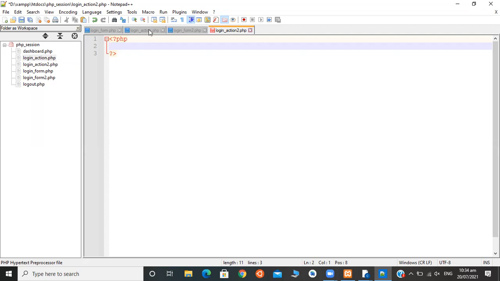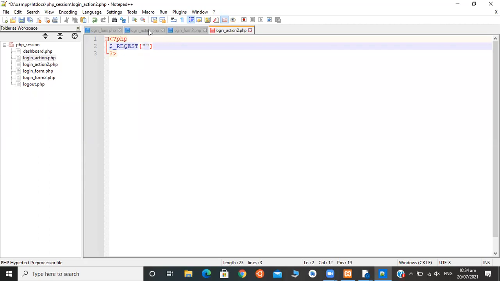So how to write it? $_REQUEST. This is its format. What we need to write here?